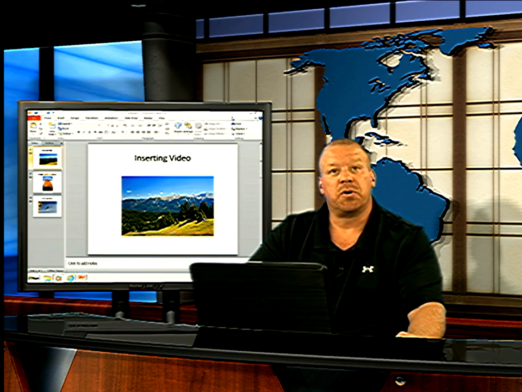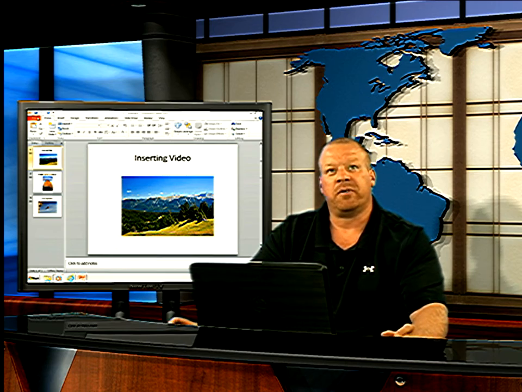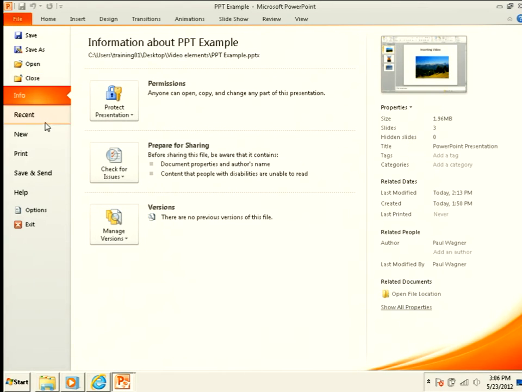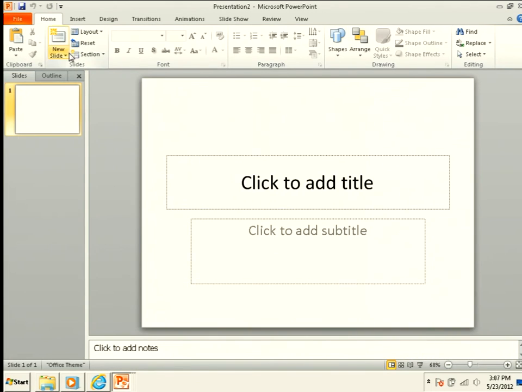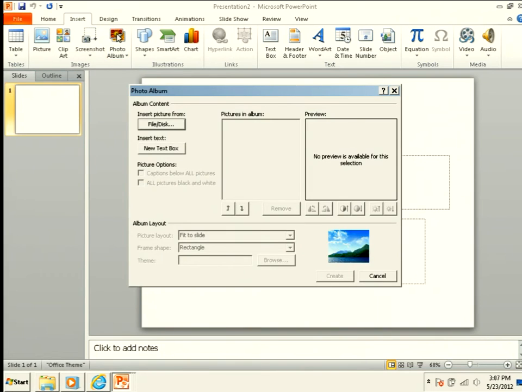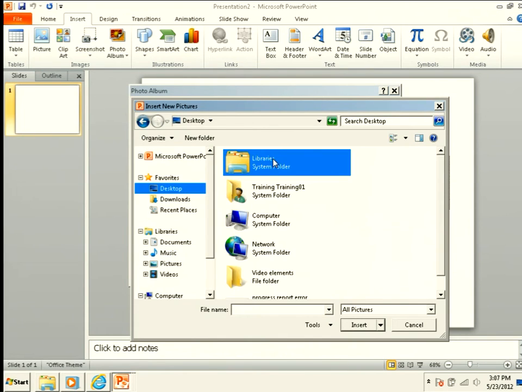The last thing I want to show you are photo albums. Photo albums can be great if you are trying to import a lot of images into a PowerPoint all at once. I'm going to create a new PowerPoint here. Okay, we're going to choose a blank presentation, and now I'm going to go to the Insert tab and choose Photo Album. When I get to this window, I choose where to insert the pictures from, and I have a file that has the images in there already,